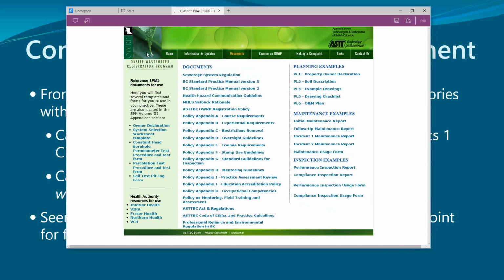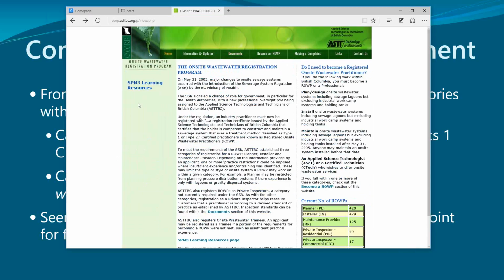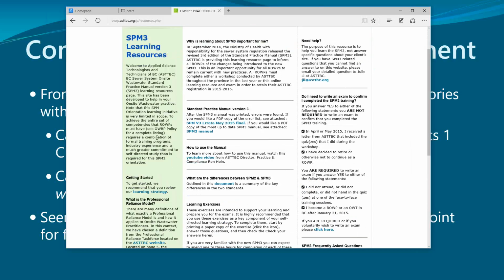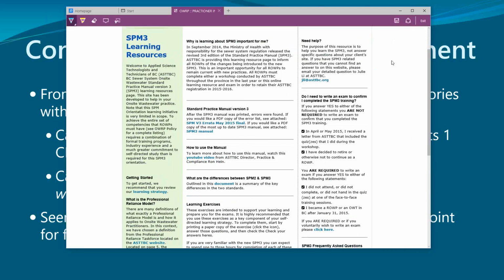Okay, while we're here, I wanted to show you the Learning Resources page. So top left, SPM Learning Resources. If I click on that, come on, slow internet, it brings you to this page. And this page has some information on the right about whether you need to write an exam or not.